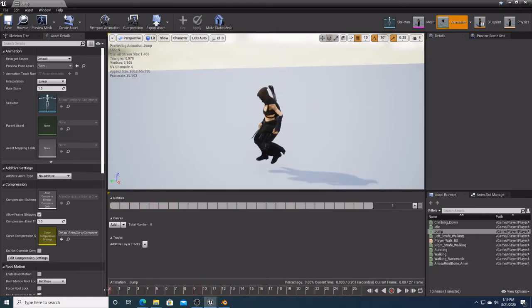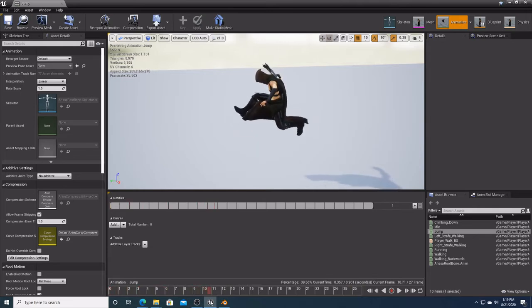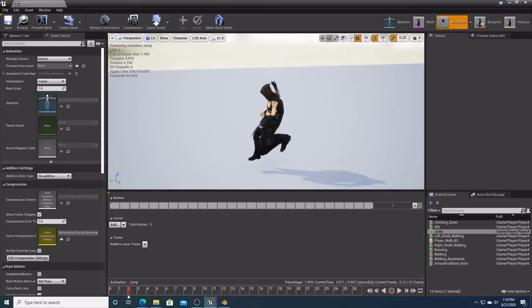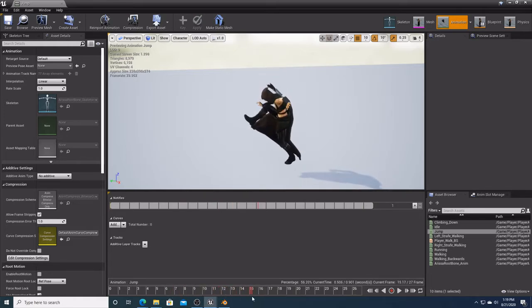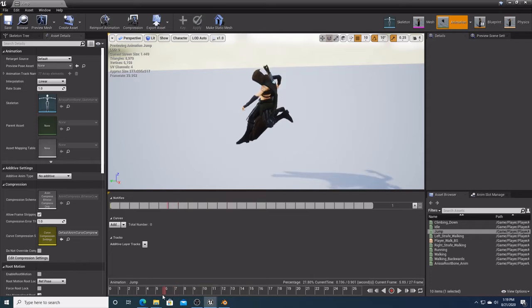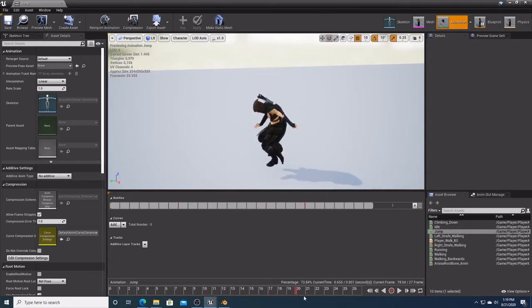So she starts off and then she jumps and lands, but if she's coming from a great height, she'll go right into this pose at the end, and she'll just kind of stay in that pose through the remainder of the fall. We want to have something that loops, let's say around here or maybe here. That will probably be about here. That will allow her to have some sort of loop here to hold this pose while she's falling till she can complete her